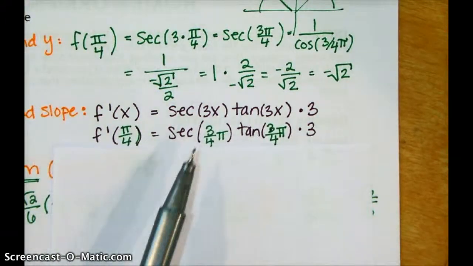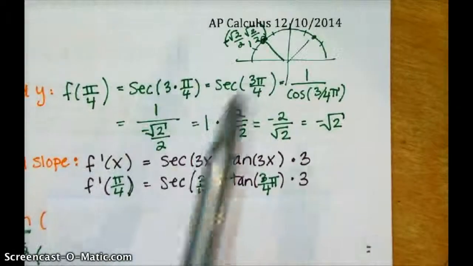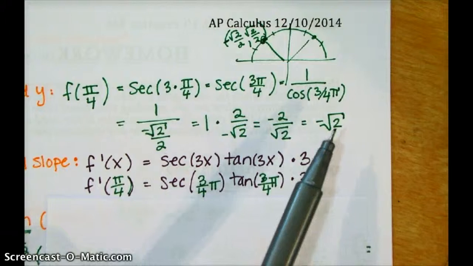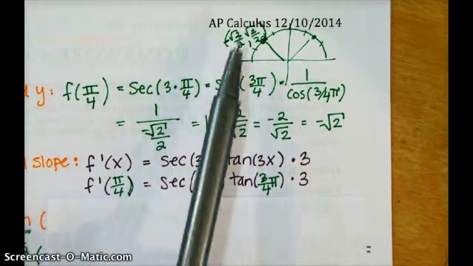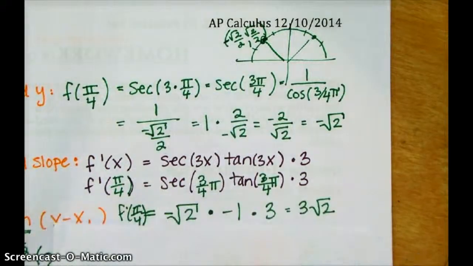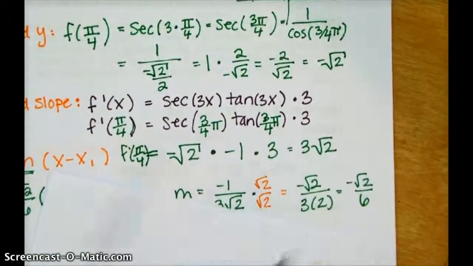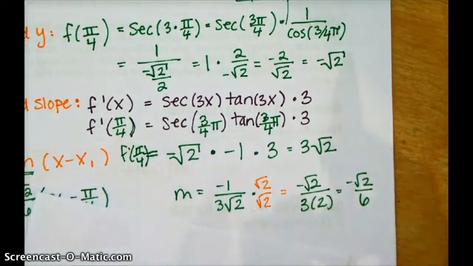Now remember, we've already taken secant of 3 pi/4. We did that work right here, and we used the unit circle. So I know that secant of 3 pi/4 is -√2. And tangent of 3 pi/4 you can evaluate by dividing y by x on the unit circle, and you bring down the 3. So that gives you a tangent slope of 3√2. And then I need to take the opposite reciprocal, which looks like this. And you do this weird thing called rationalizing to get rid of the square root on the bottom. And when you simplify